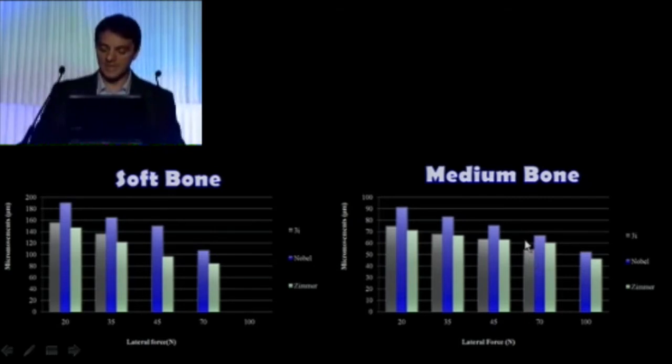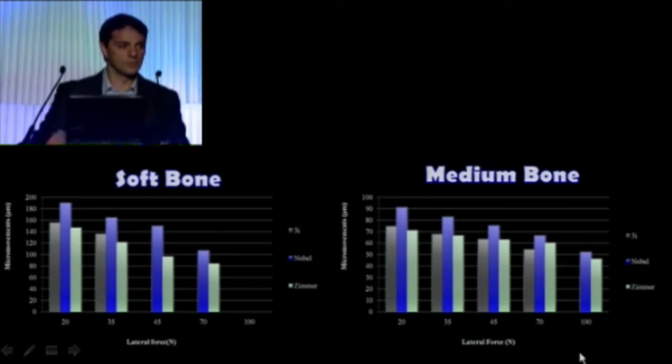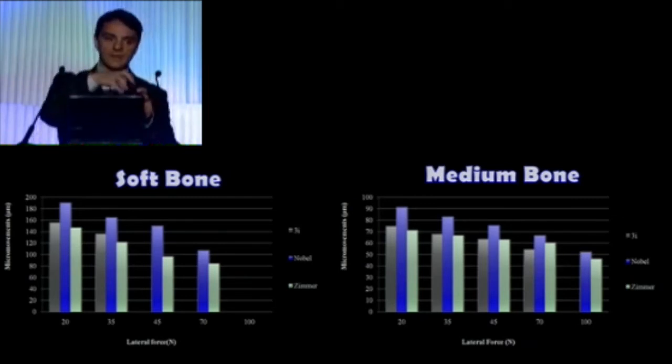And it was the best in medium bone with 70 Newton insertion torque, the least micromotion. But at 100 Newton, we destroyed the connection, because it stayed up to 70 Newton. If you try to increase the insertion torque more than 70, then you destroy the connection, because it is an